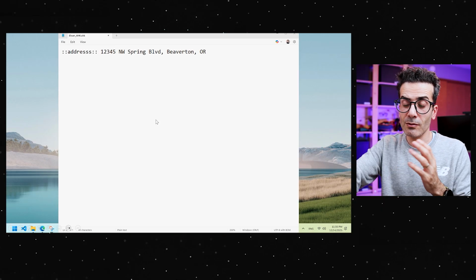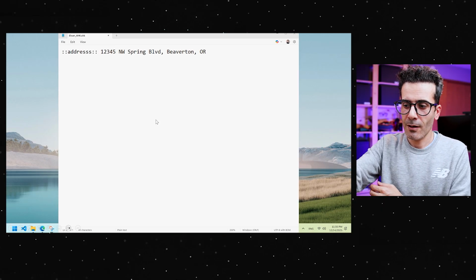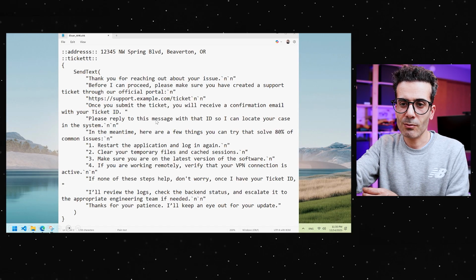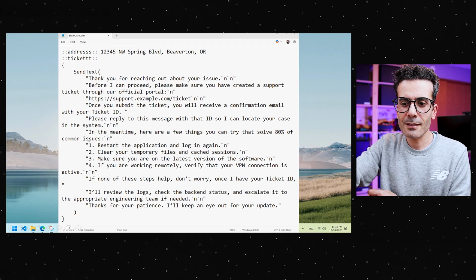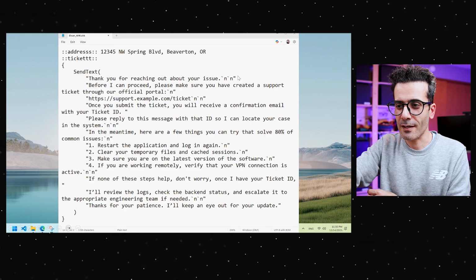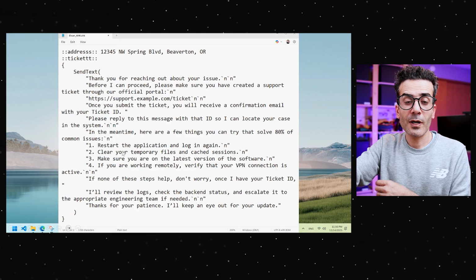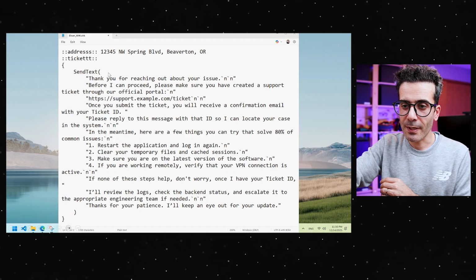time. So what I do, I go to my script, open it with Notepad, and then go to the next line. And then I'm going to write 2 colons, ticket with 3 T's, and then 2 colons. And here, this is my script. And you can see this is a kind of coding, right? You have a bracket here and it says send text, and this takes you to the next line. You can decode this. This is not a difficult coding, but if you don't know, you can just replace these